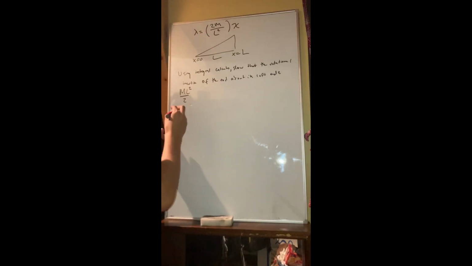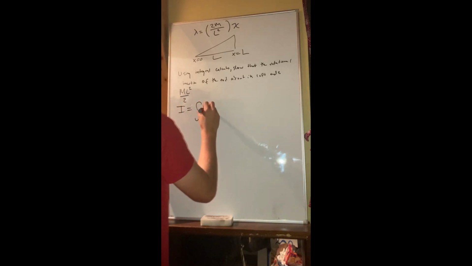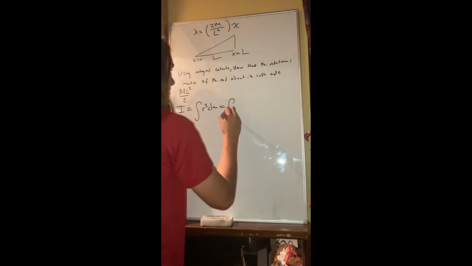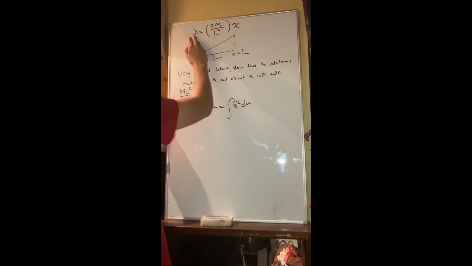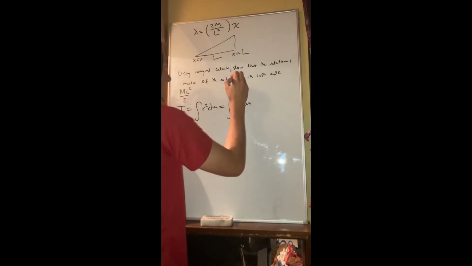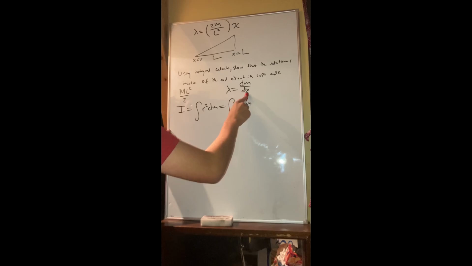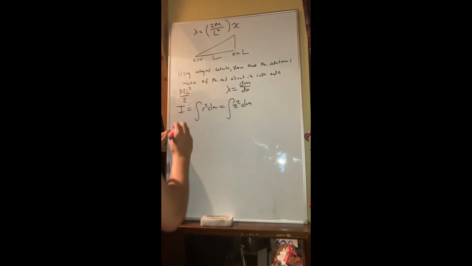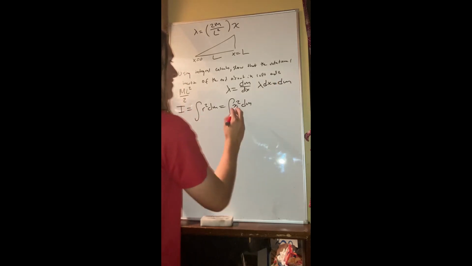So let's start by writing our equation for the moment of inertia. I equals the integral of r squared dm. So replace r with x, which equals x squared dm. And then recognize that this is the equation for the non-uniform density giving us lambda equals dm over dx. So for every little bit of mass and every little bit of x that we go, that's going to give us our density at every point. So if we multiply by dx on both sides, we get lambda dx equals dm. And we can substitute that into our equation to get